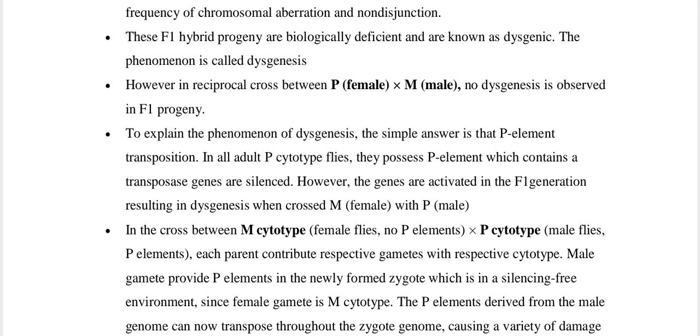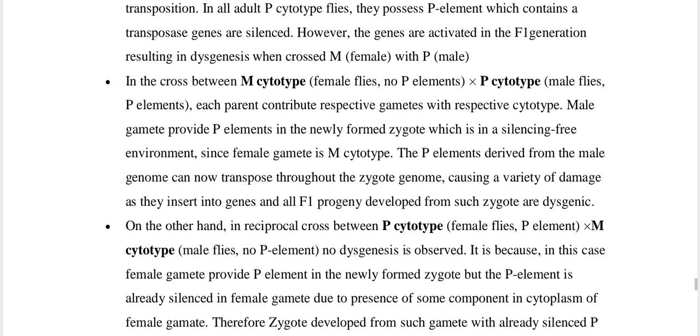To explain the phenomenon of dysgenesis, the simple answer is P element transposition. In all adult P cytotype flies, the P elements, which contain a transposase gene, are silenced. However, the genes are activated in the F1 generation during dysgenesis when M is crossed with P. In the crosses between M cytotype female flies, with no P elements, and P cytotype male flies with the P element, each